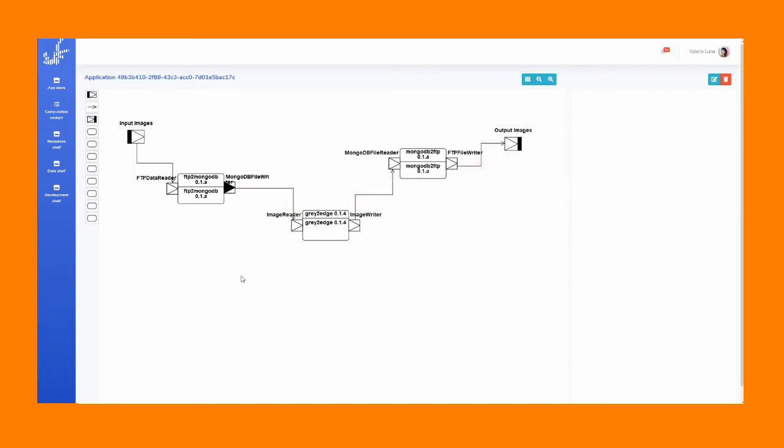And actually, that's it. We have the application. You might wonder why this pin here has a black triangle, and the other ones have white triangles. This black means that it produces many outputs. So it gets some images and puts them into the database and produces many tokens for each of the images and sends it to this edging